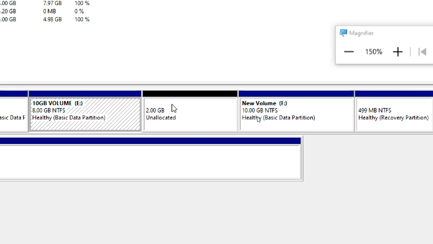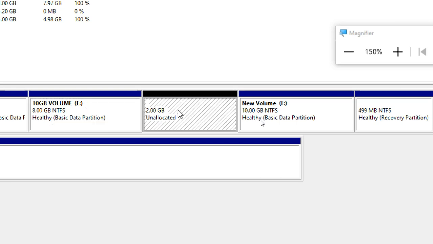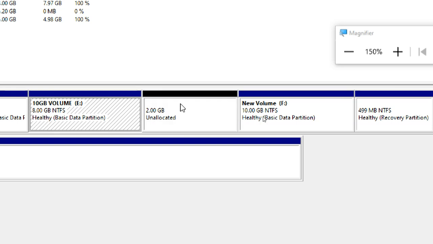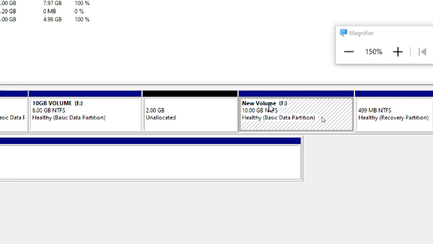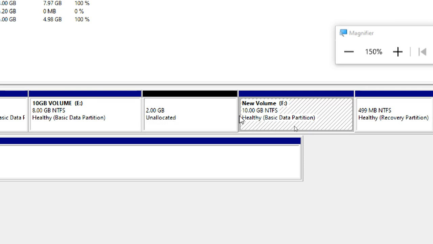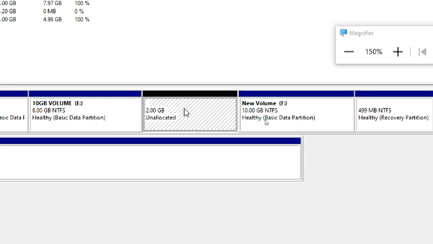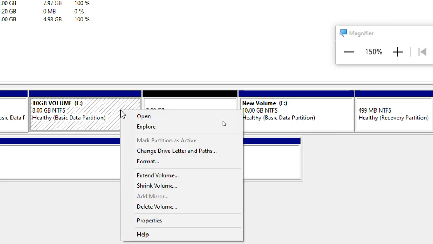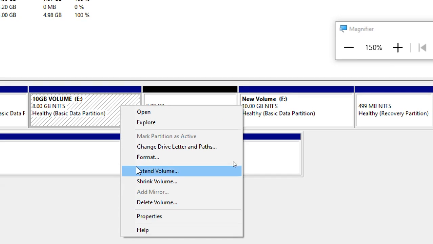So this is E drive, right-hand side, your right-hand side, not the opposite. Okay, E drive, the right-hand side like this should have it. This is F volume and this is 2 GB. So this won't be added to here, this won't be added to here, but this will be added to here. Okay, this we can add. Right click on E drive, Extend Volume.